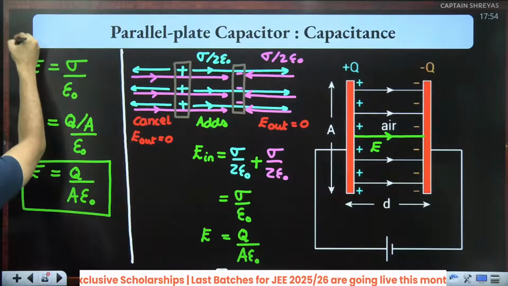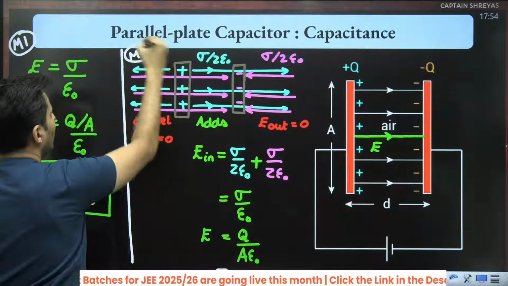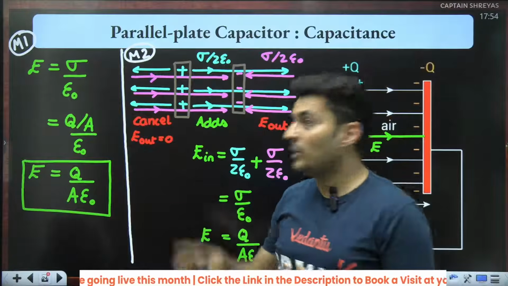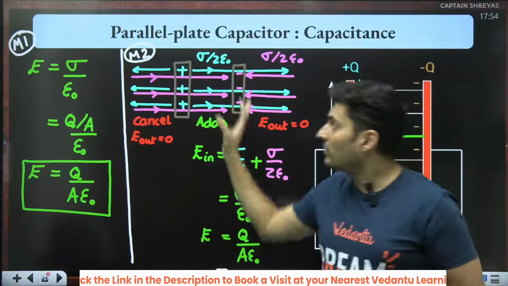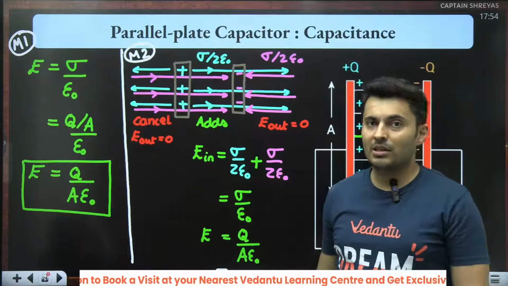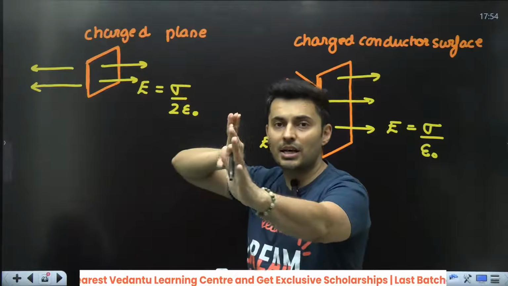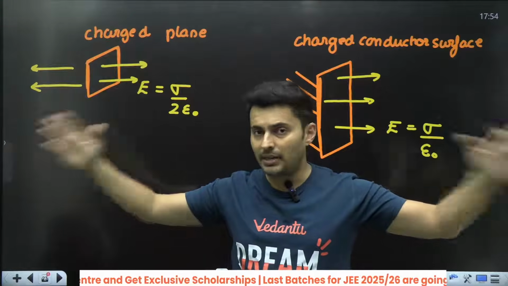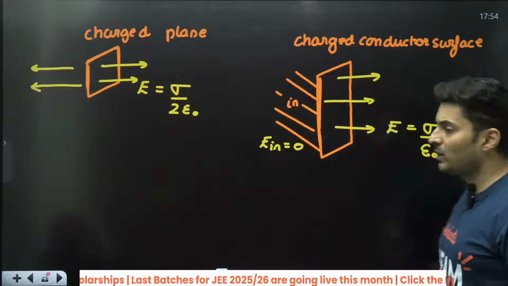So this was method 1. This is method 2. And let me remind you why I'm doing this: many students do not know the true significance of how these things come, and they get confused when a tricky question comes. So that is the reason why I explained it. When you have a plane charge, that plane charge will give electric field on both sides, right? Remember that. And it is sigma by 2 epsilon.